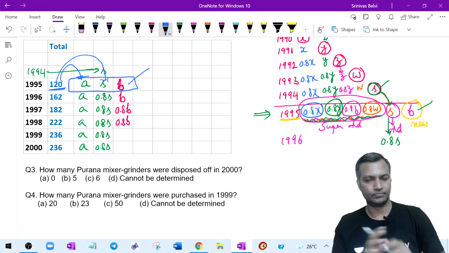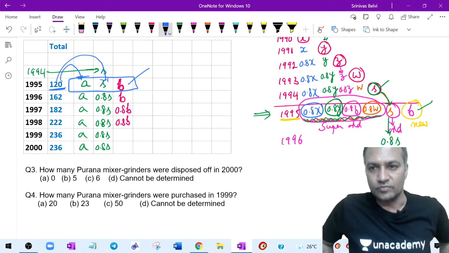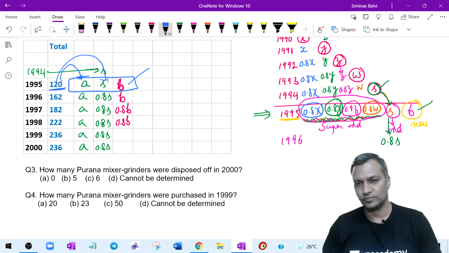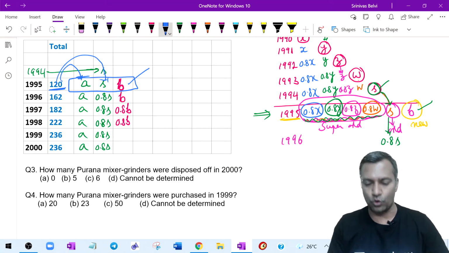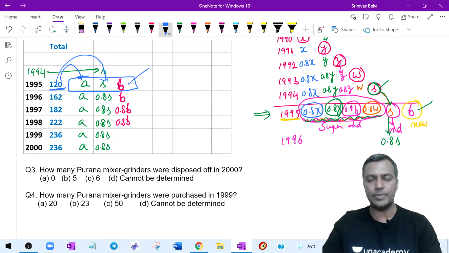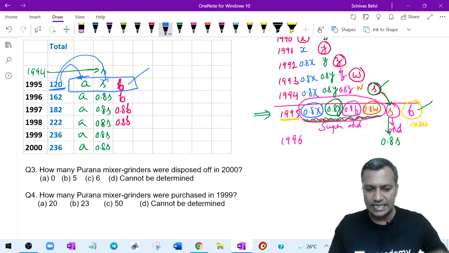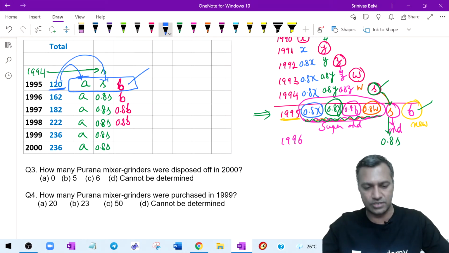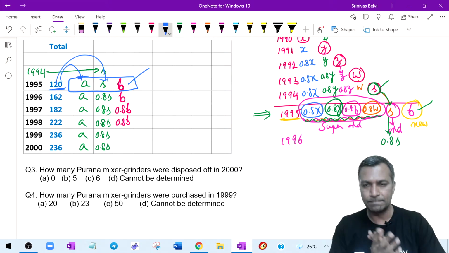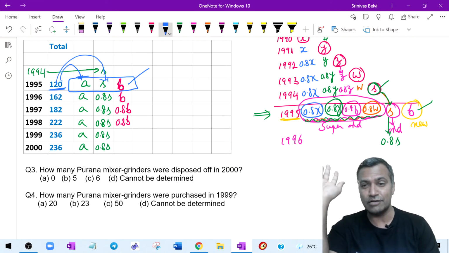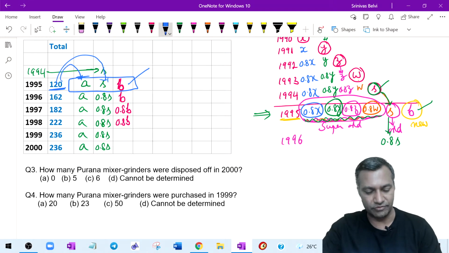Is this clear? This classification is important. This is what I wanted to teach today, because based on this, you will get a lot of questions. A lot of sets are constructed based on this classification logic. Whatever name you give doesn't matter. I call it classifying that 120 into parts. Whether 2 parts, 3 parts or 4 parts depends on the question and the data. But you need to classify that. Kind of made sense? This was the crux of it.